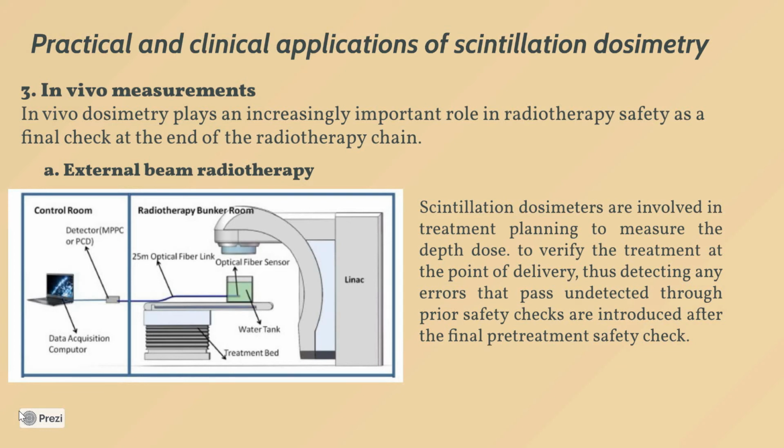Thus, they detect any errors that pass undetected through the barrier safety checks or are introduced after the final pre-treatment safety check. As you can see in the image, the dosimeter is inserted in the water phantom to measure the depth